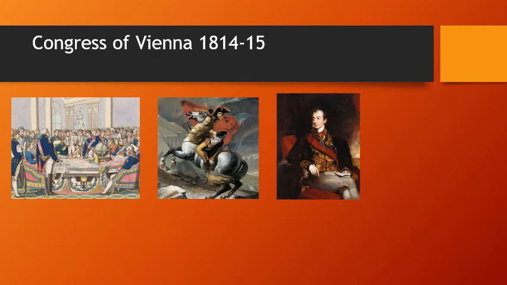And from France, because they were the aggressor prior to this Congress, whatever was won by Napoleon through conquest was spread between the remaining great powers, the victors, led by the British, the Russians, the Prussians, and the Austro-Hungarians.